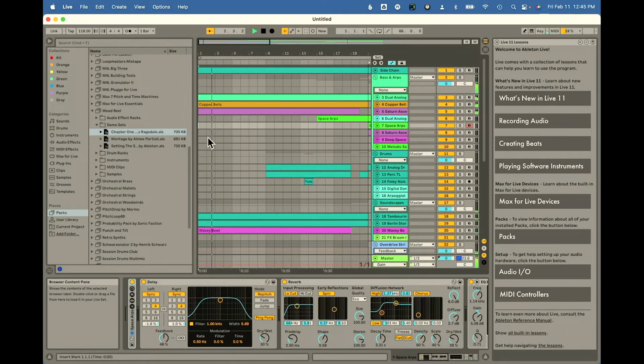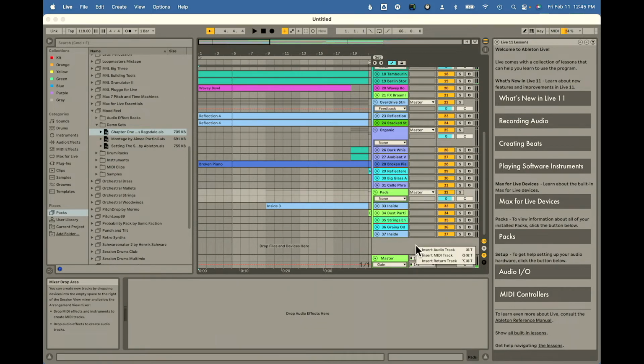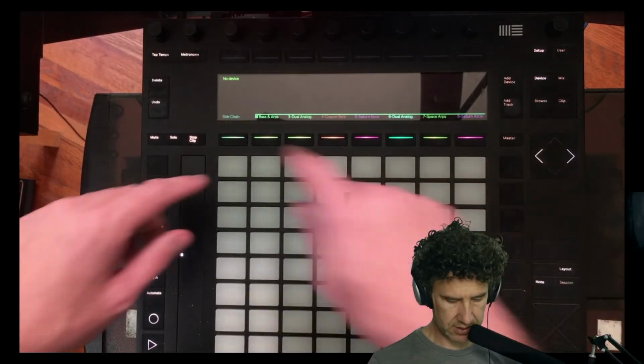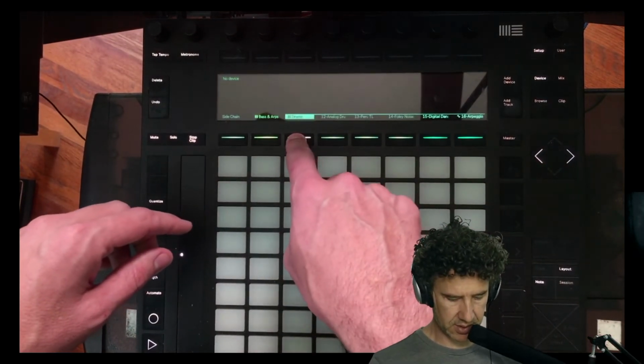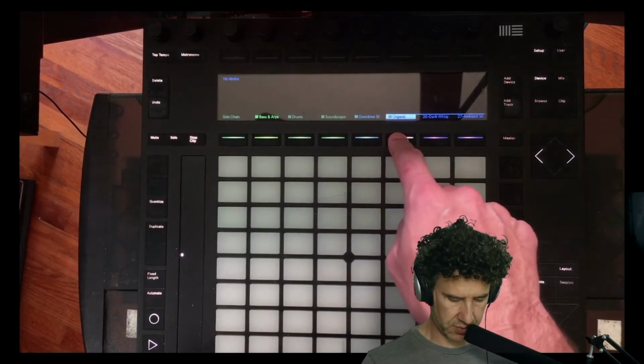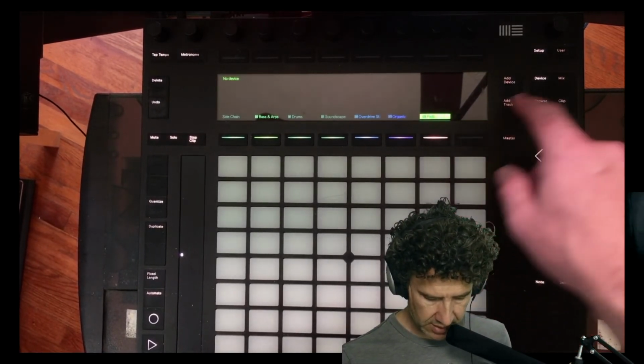So I've got this whole track made, right? And it's got a strong, moody vibe to it. Now, earlier on, I figured out that this set is in the key of G minor. So what I'm going to do is go down here and create a new track. I could also do that on the Push over here. I'm going to close up my basses, close up my drums, close up my soundscape, close up all these groups. Having a hard time seeing over my overhead camera here. All right, and I'm going to add a track,